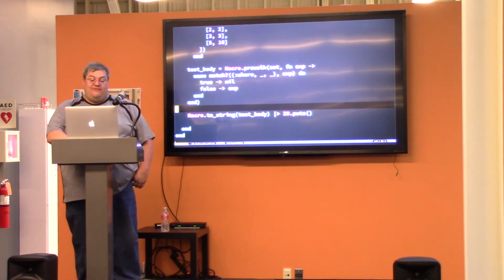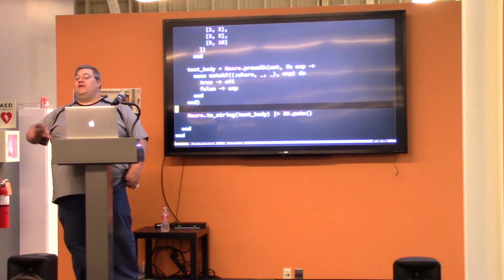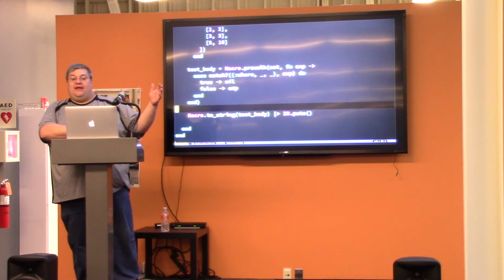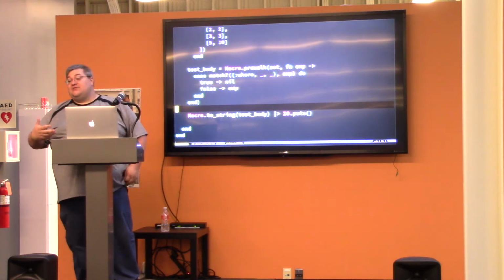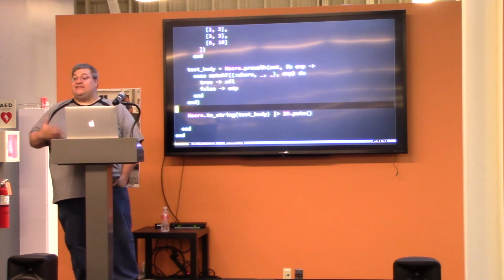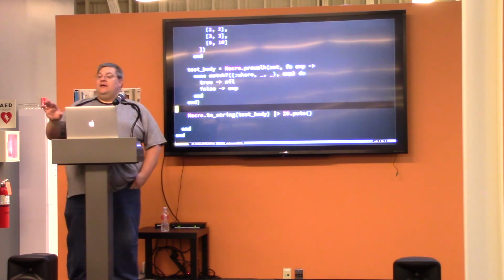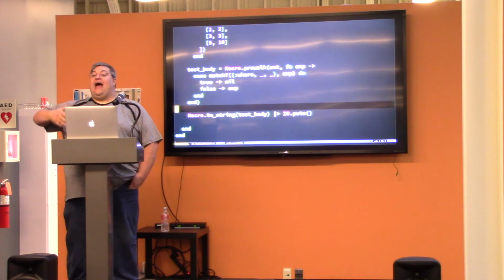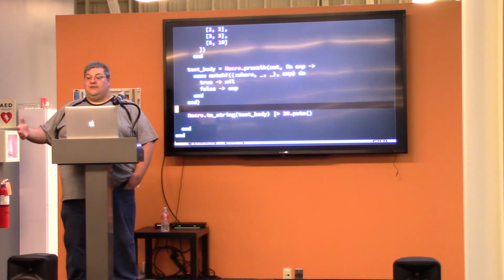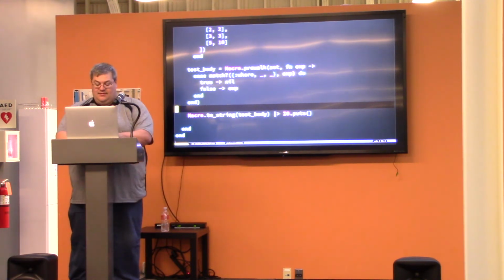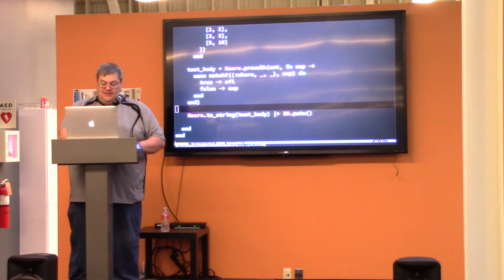If it's not the where function, then we're just going to return the node unmodified and include that in the outputting AST. If it is the where clause, we're going to return nil, which basically says do not include it in the output anymore. So this test body now is going to be the AST code without the where clause. So we're just ripping that out of there, which we should be able to see